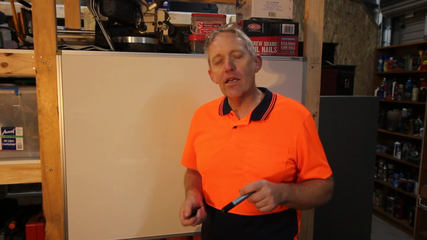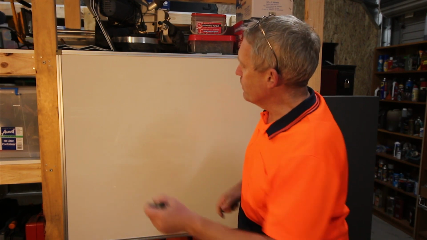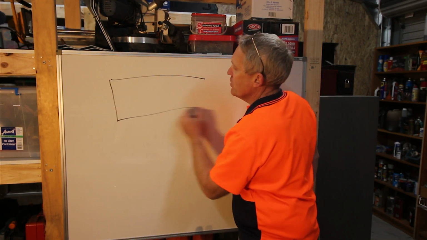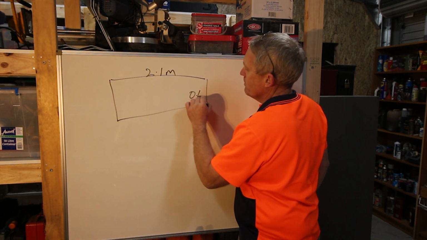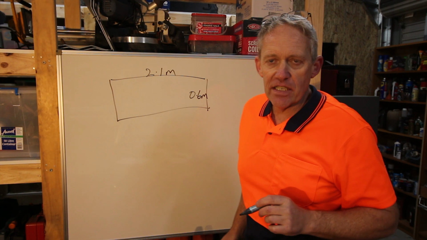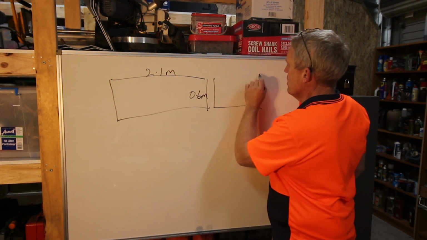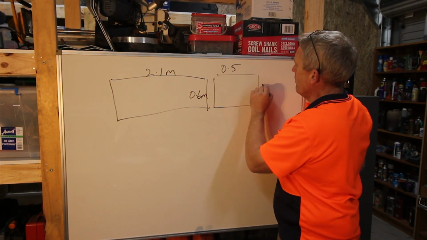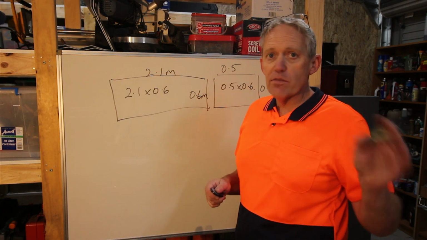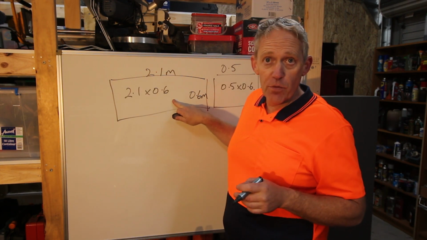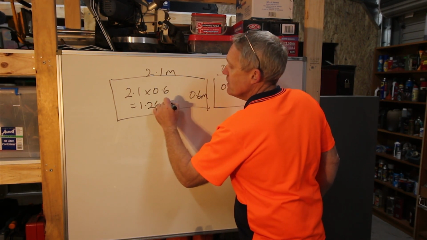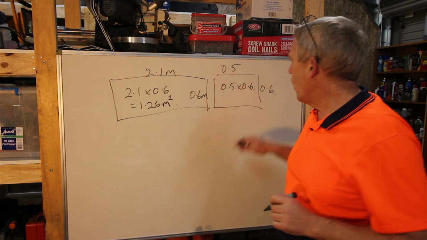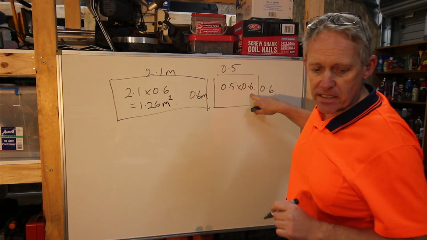Okay, so if we're looking at the penny rounds that we've just done in the laundry, we've got two sections. We've got a section that is 2.1 meters by 0.6 meters, and we also have a section that is 0.5 by 0.6. So all you do is multiply those two numbers together. So 2.1 by 0.6 equals about 1.26 meters squared, and then 0.5 by 0.6 is